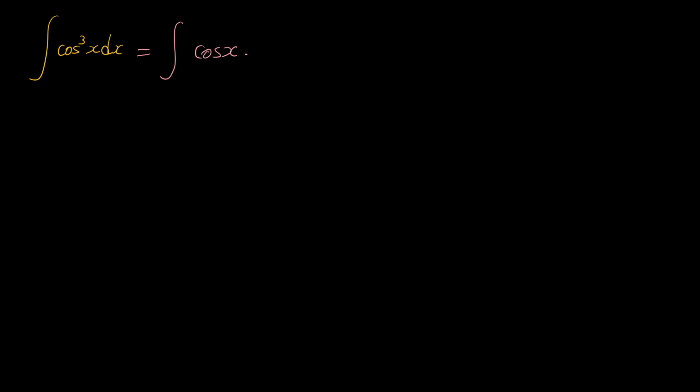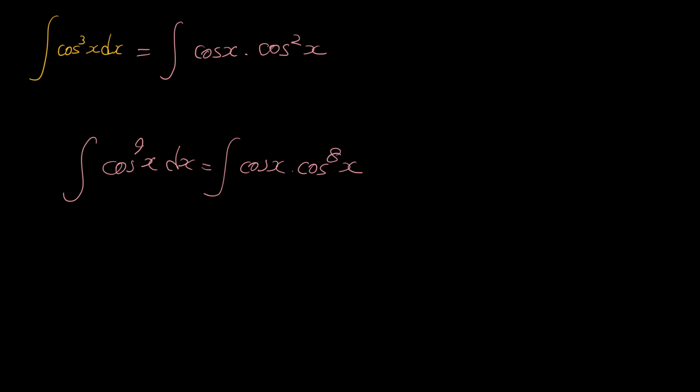As long as the power is odd, 3, 5, 7 and so on, separate one cosine or sine. Like here, cosine to the 3x can be written as cosine x times cosine to the 2x. If it was cosine to the, let's say, 9x dx, then we write this as cosine x times cosine to the 8x. So, whenever we have odd power, we save one factor of cosine or sine, we separate that, we leave it aside like here, and then